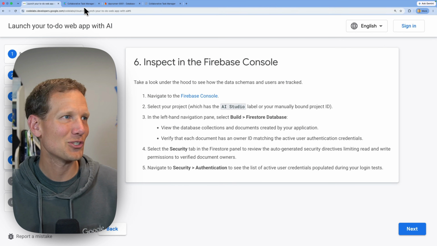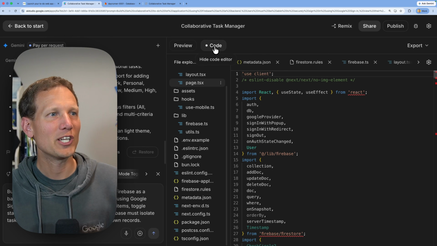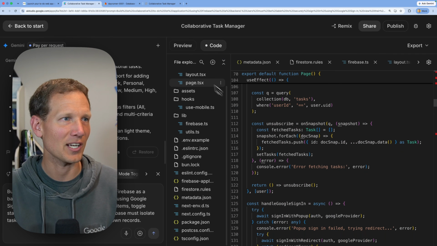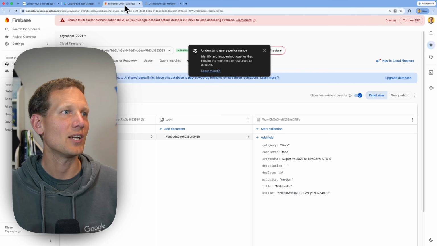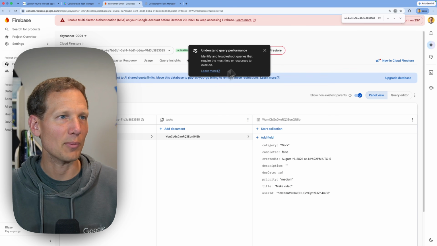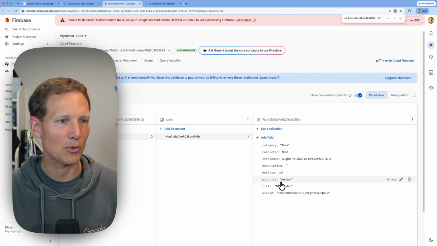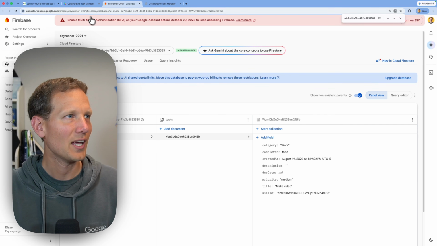So similar to how in the last lab I called out, we could look at the code, but a lot of people choose not to. The code is available here within AI Studio, and you can see that. But here we also have the Firebase console. So this is inspecting that console, and we can see right here, we've got make video as one of our